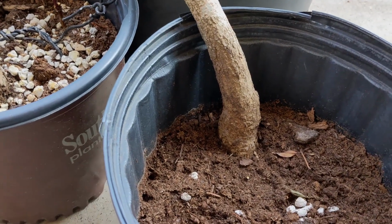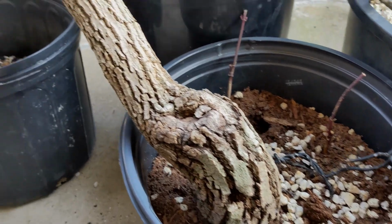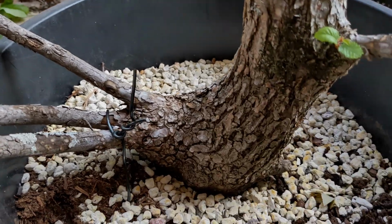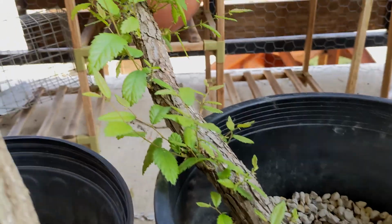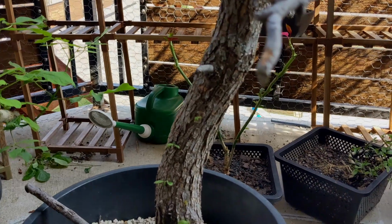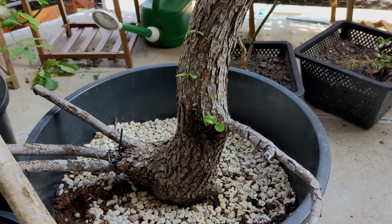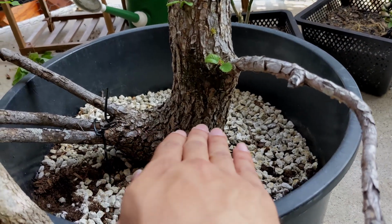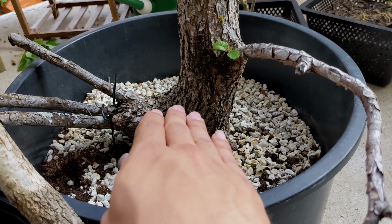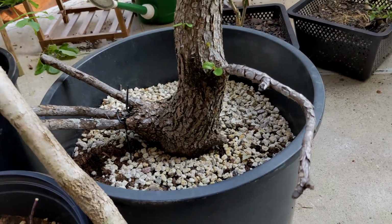Some pumice. So there's different ratios. These two have the same ratio, and that one is doing amazing. This one is doing okay, but I really hope this one pulls through because the trunk is just amazing. I'm just planning on burying it deeper once it's time to repot to get rid of this right here. But yeah, depending on the ratio,